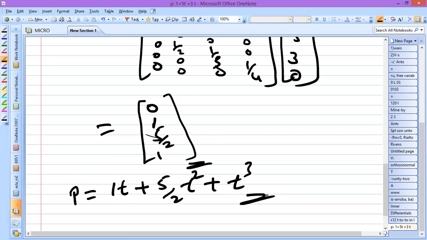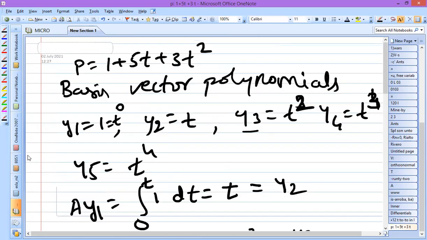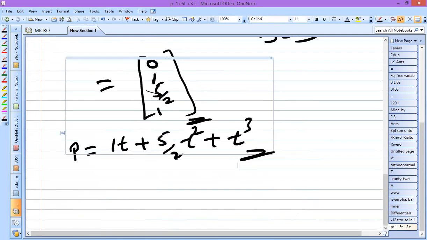So this is the polynomial integration. Now if you directly observe here also, the integration of p with respect to t is t plus 5t square by 2 plus 3t cube by 3. 3 gets cancelled. Once again, it will result in the same equation. So instead of directly integrating, here with the matrix method, you can go with the answer. Similarly, you have many other problems.